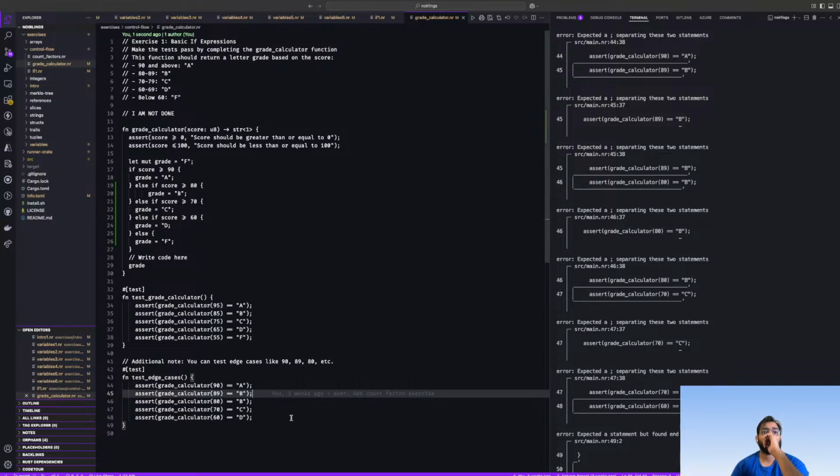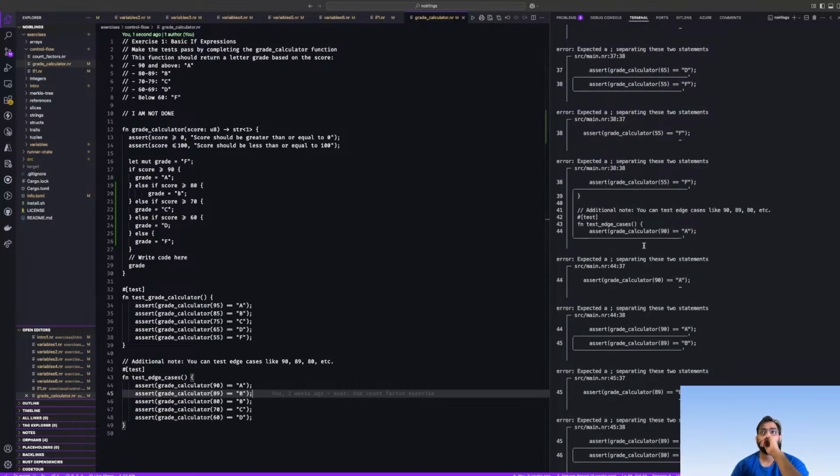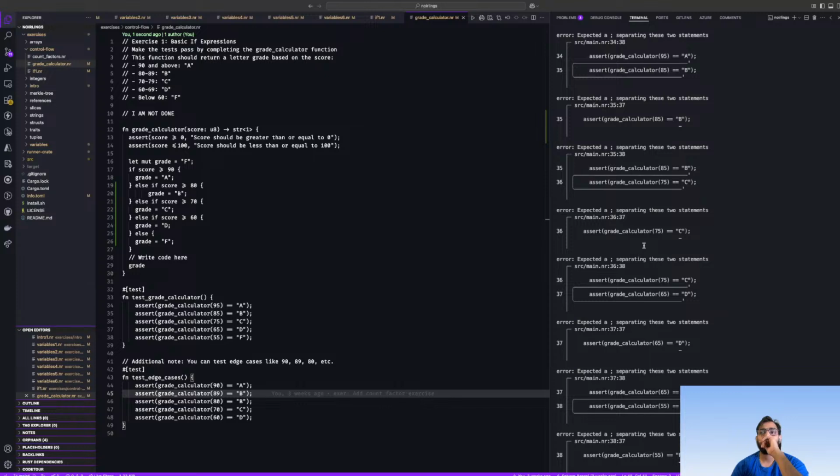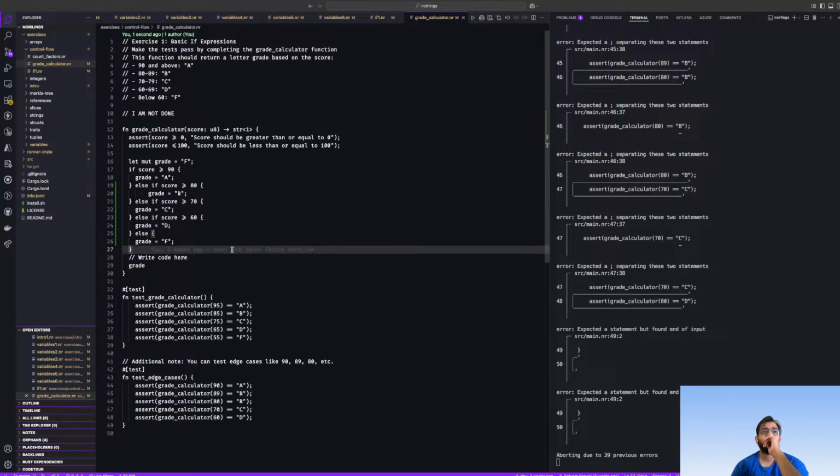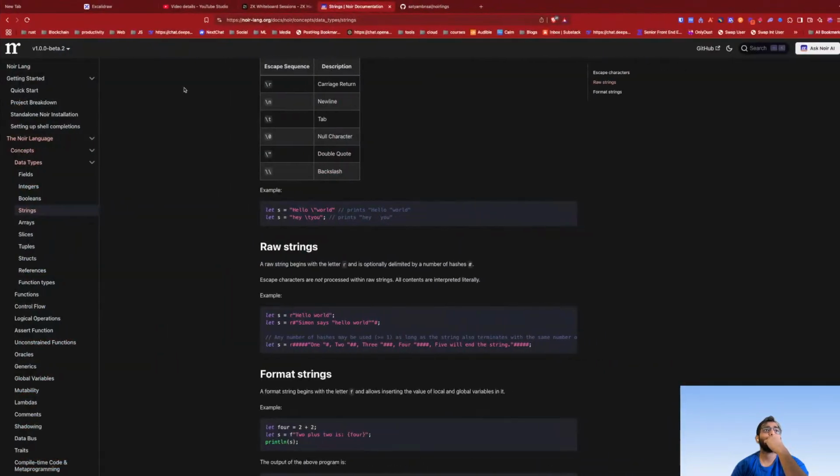But I see all the statements have one. In main.nr, okay, I'm going to look at if else here, in control flow.